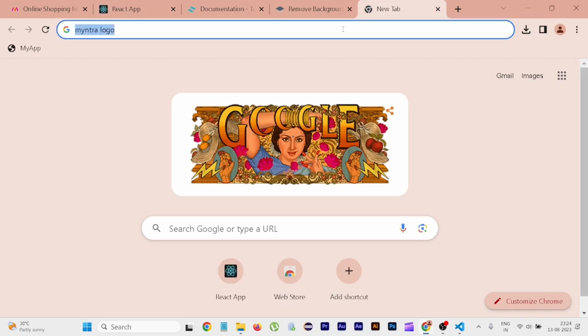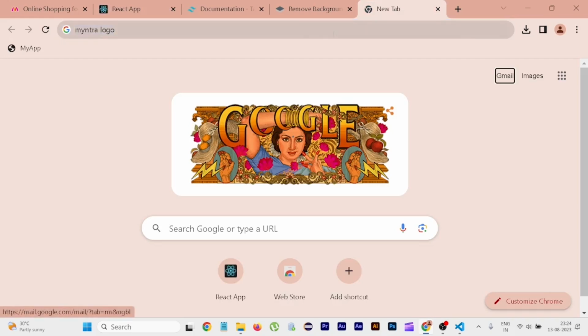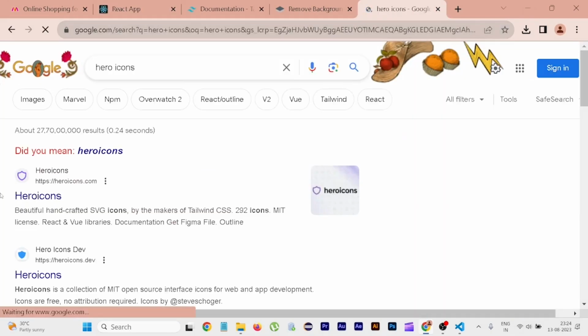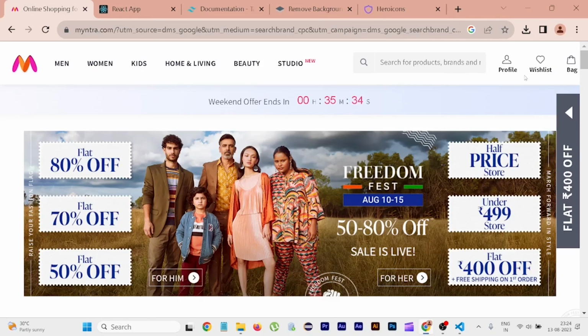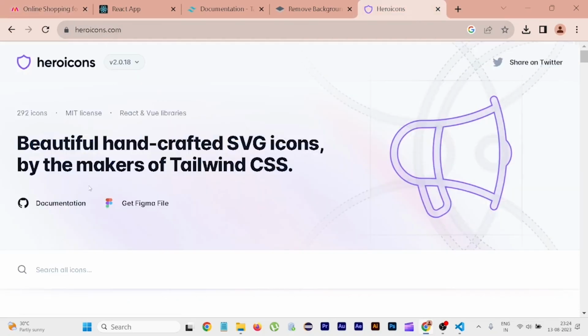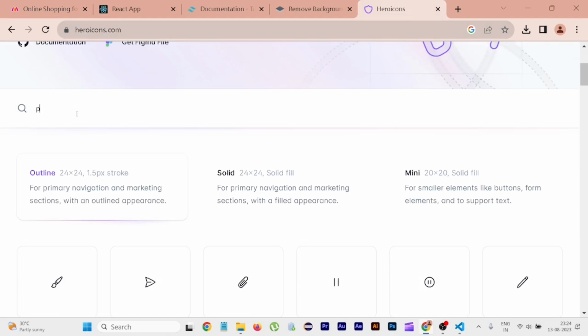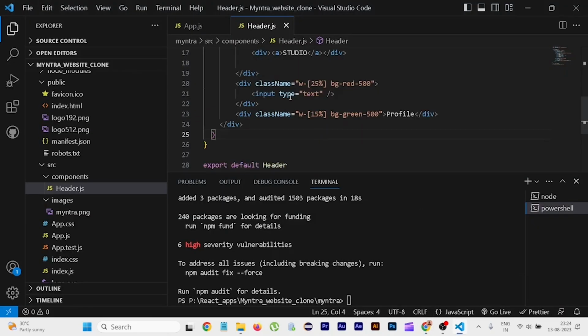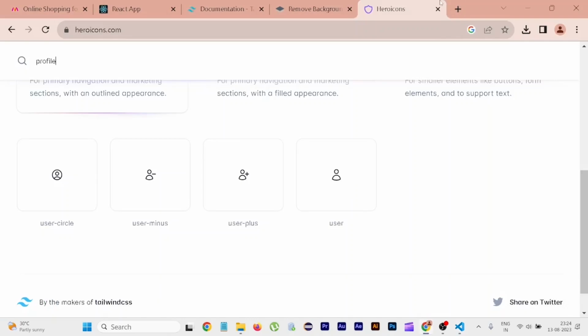Now let us install these icons here. For that, open Heroicons. Now you see our first one is profile. So search here profile. So we have our profile icon ready. Now go to our VS Code and here remove this profile, and since